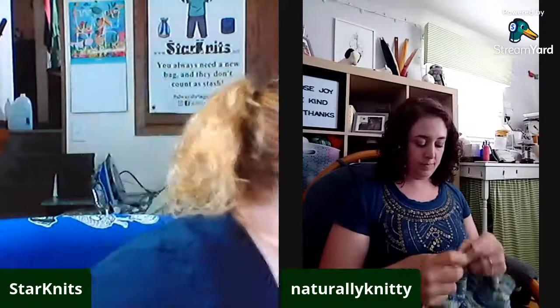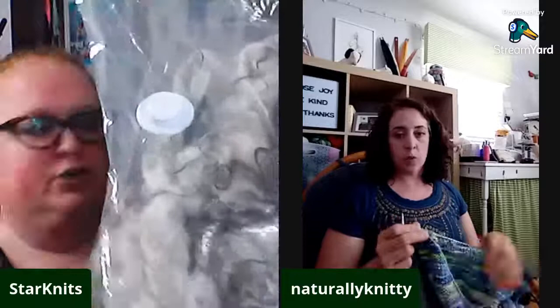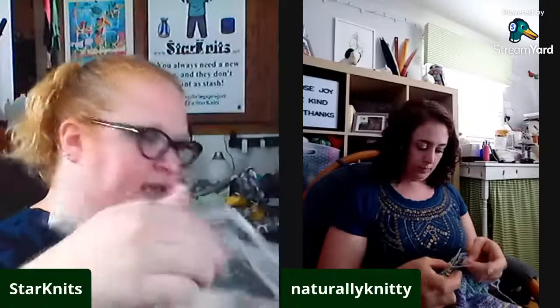sorry. So that is my spinning. For the Headmistress Challenge, you had to do a seedling thing, and I said I wanted to process this blue Shetland. It's gray but it looks blue, and it's clean, but I guess I didn't do a really good job when I picked through it, because